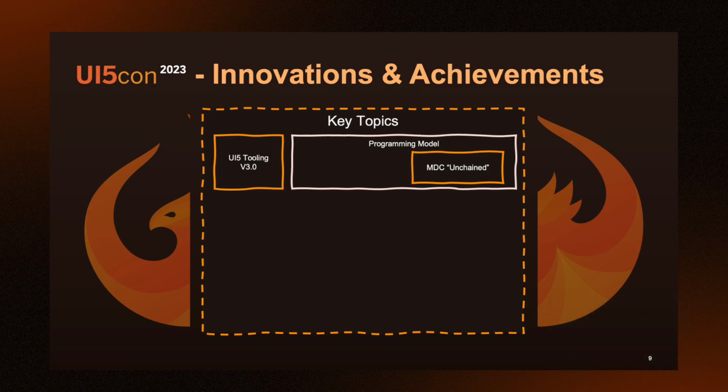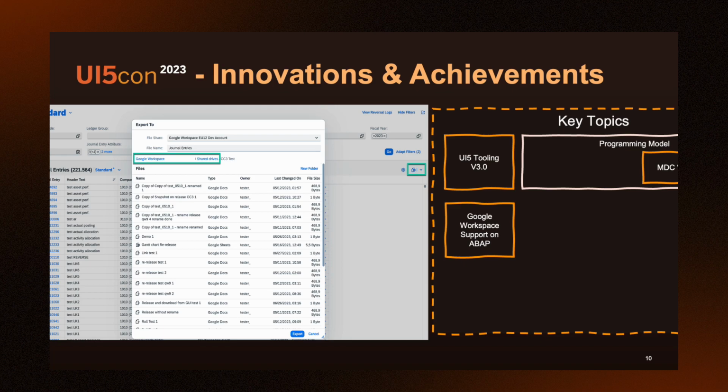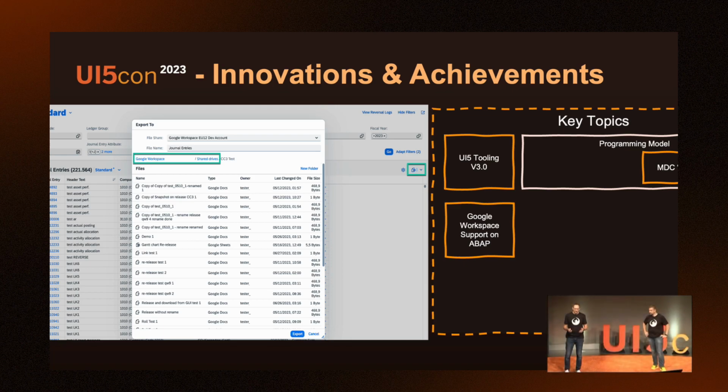continue. So we worked on the Google Workspace integration. This is available on the ABAP Cloud Stack and on the ABAP Stack. This was overall an SAP project together with Google, and the focus that we had in UI5 was that we do the table export, the worksheet export, together with Google. You can see the green button on the right-hand side. If Google Workspaces are configured, the table export offers this capability to export to Google.